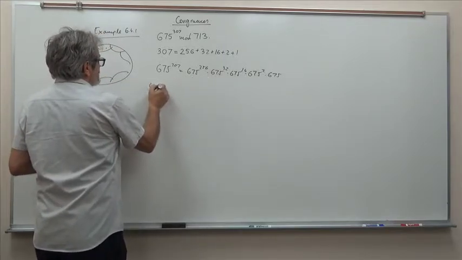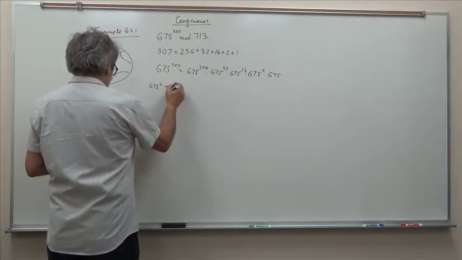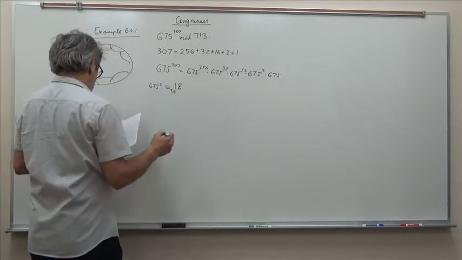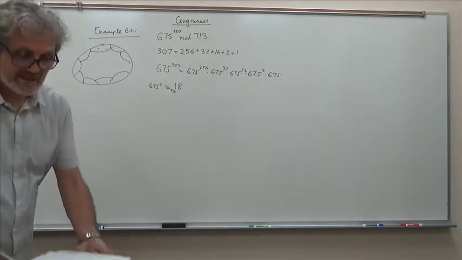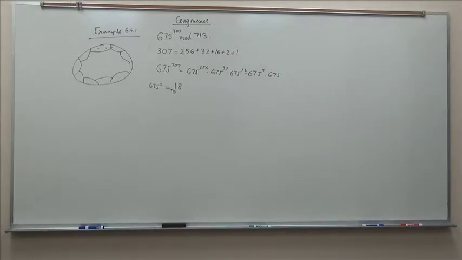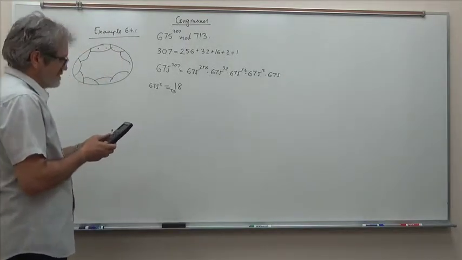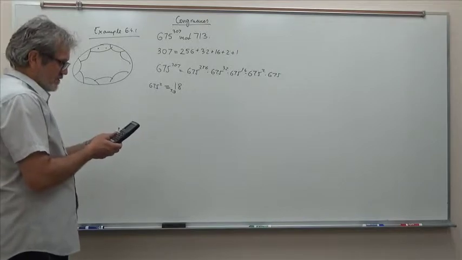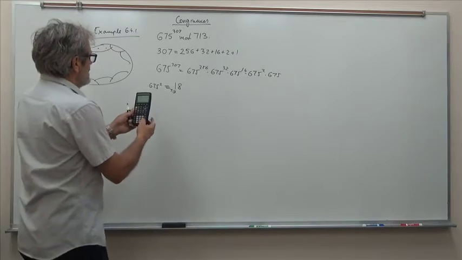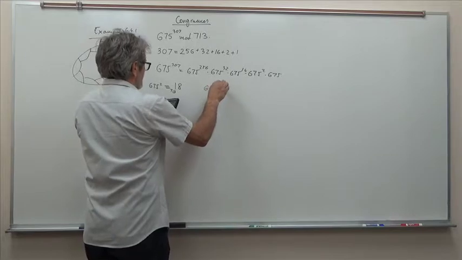So 675 squared is congruent with 18 modulo 713. How did I get that, by the way? Let me show you how you can use a calculator to get this, unless you have a machine feature that does remainders. I'll take 675 and raise it to the square, and I got some numbers. So 675 squared is